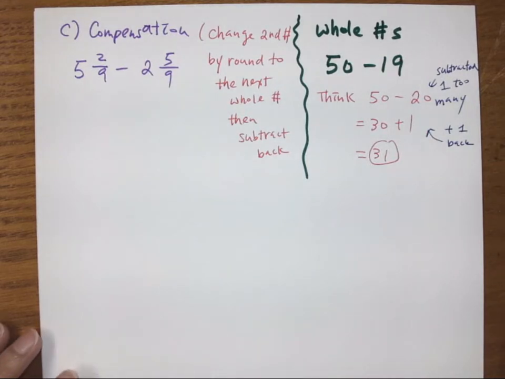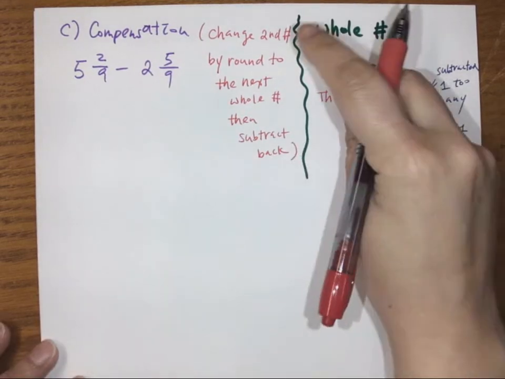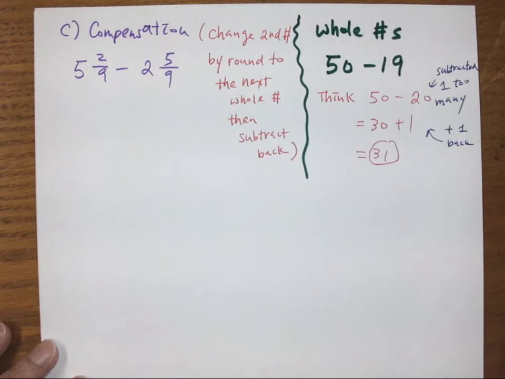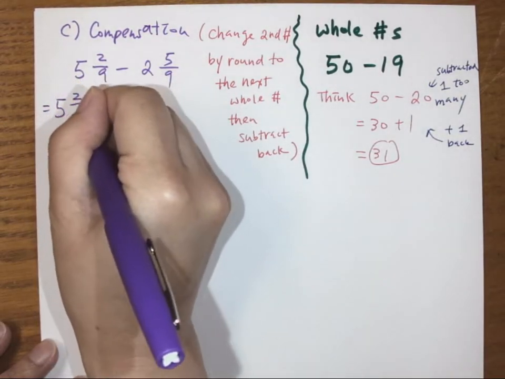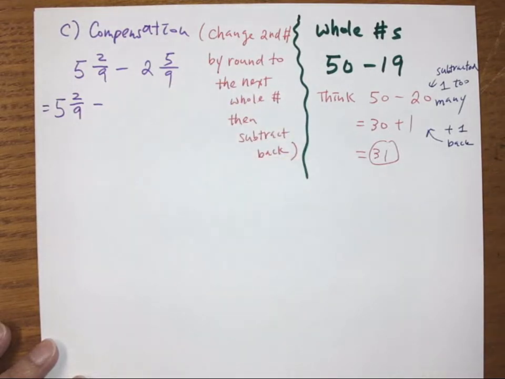Okay, so on your homework and quizzes and tests, make sure you also spell it out for me. We are going to keep the first number the same, but the second number, 2 and 5/9,